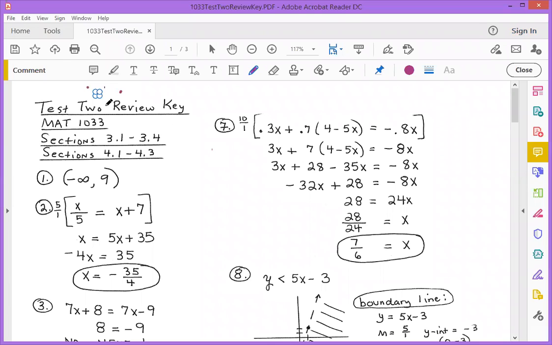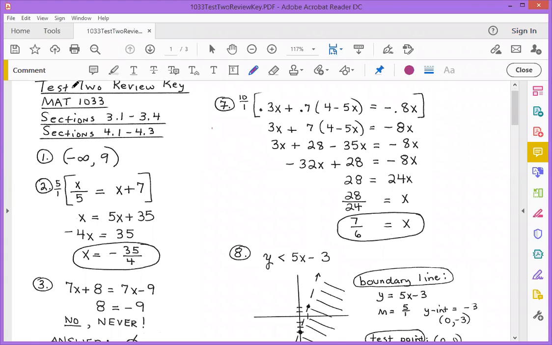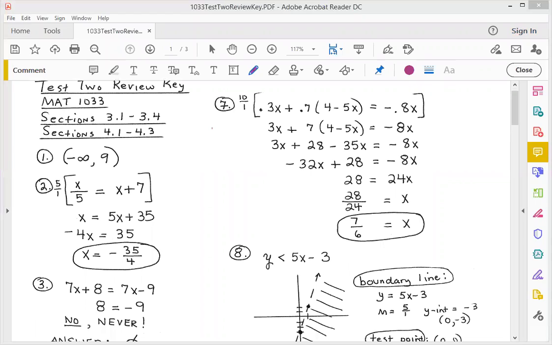All right, so let's look at the test 2 review for this exam. The test again is going to include sections 3.1 through 3.4. It'll also include 4.1 through 4.3. Now, as we're working through these, we'll be toggling back and forth between the questions for this test review and